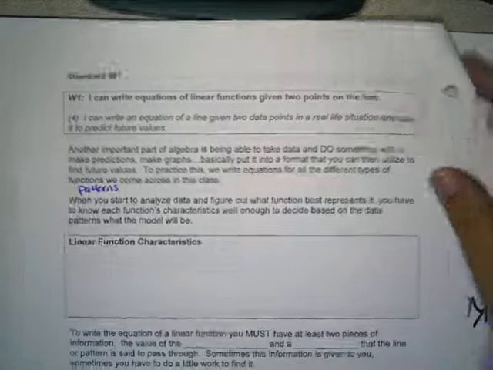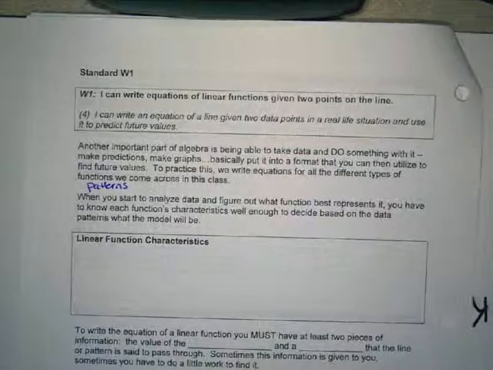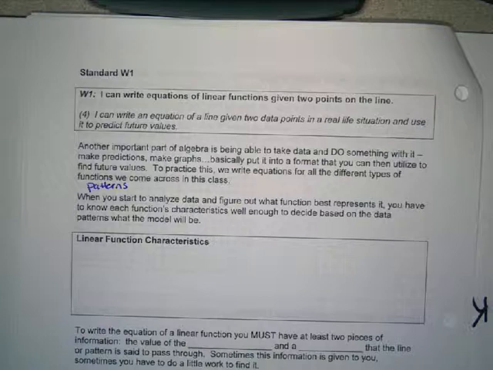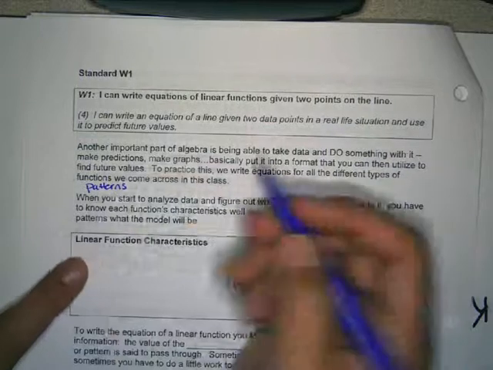When you start to analyze data and figure out what function best represents it, you have to know each function's characteristics well enough to decide based on the data patterns what the model will be. So we'll look at lots of different functions which represent different patterns, and those patterns have characteristics, otherwise you wouldn't be able to recognize them. A linear function characteristic, or some of them, is that the rate of change